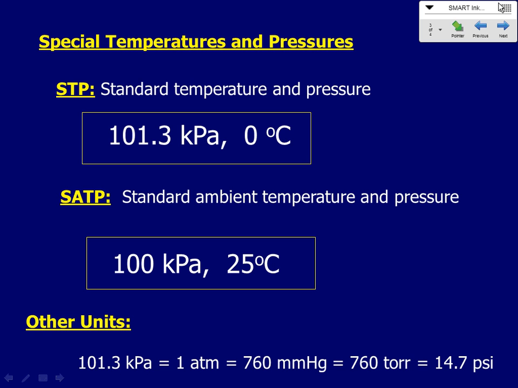been determined to be the average of the atmospheric pressure that is found at sea level, so at a particular altitude, and that's defined at sea level, all over the world. So if we were to take that pressure of the atmosphere above us and measure that at different places in the world and take an average of all of those pressures, we end up with this number of 101.3 kilopascals. All right? Now let's talk a little bit about atmospheric pressure just for a moment before I talk about the